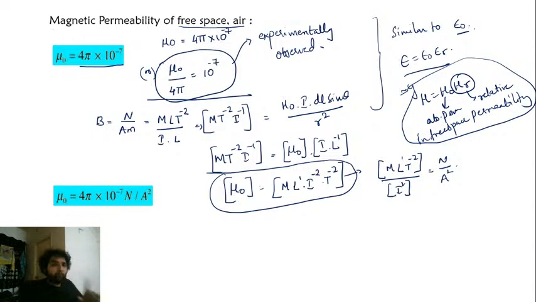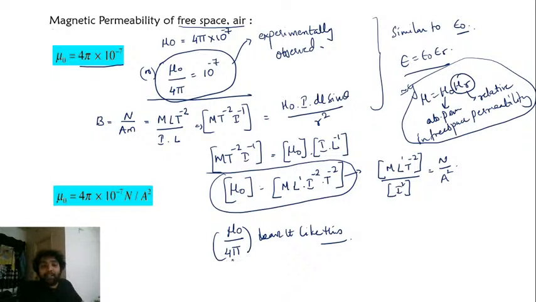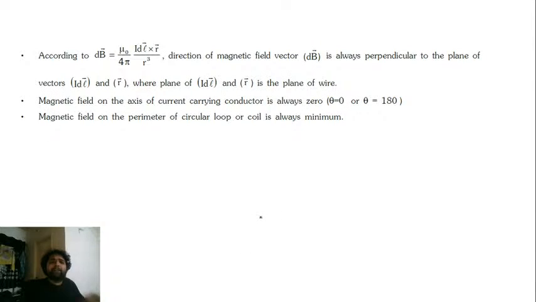All right. So this is all you need to know about mu naught. So generally, one more thing which is very useful to do is leave any equation in terms of mu naught by 4 pi only. Leave it like this, because kabhi kabhi mu naught will get cancelled. Kabhi kabhi 4 pi will keep getting cancelled. So to make calculations simpler, it's better to leave it in mu naught by 4 pi when you're solving this problem. So अभी तक हम क्या पढ़े?